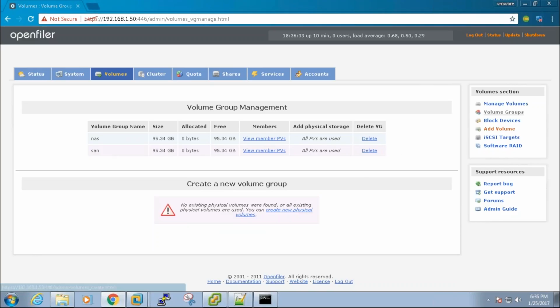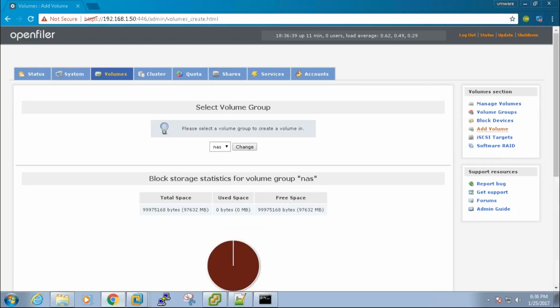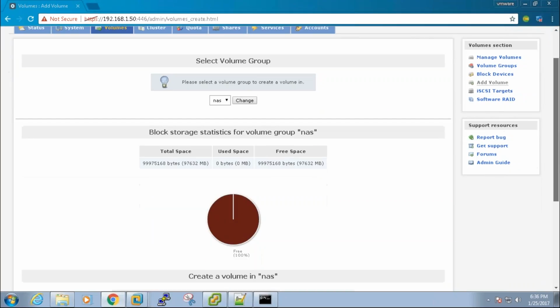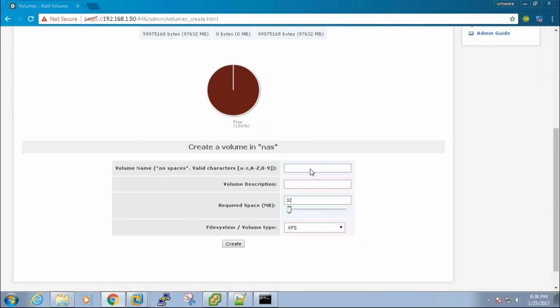Now it's time for us to create the file system. Volume 1. So this is the description, and how much space you want to create as a volume. It is 97 GB that is available now, but you can just say 10 GB is volume 1, another 20 GB is volume 2.